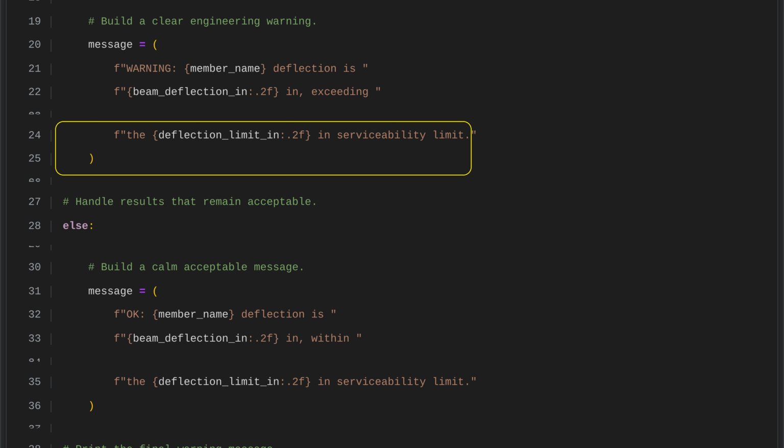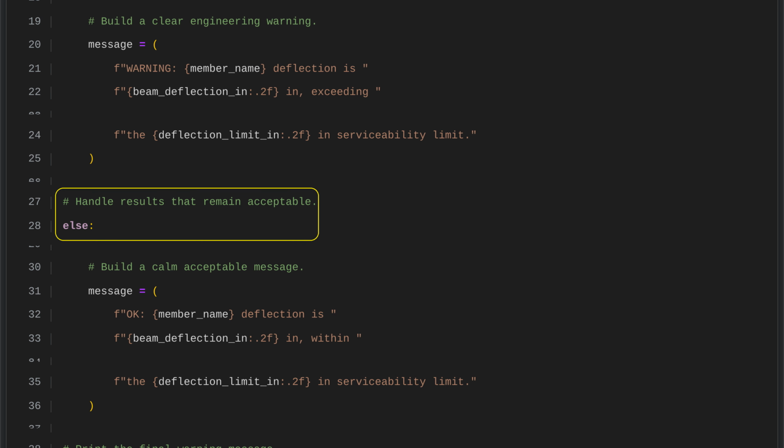The code adds the deflection limit in inches to a status message and formats the value to 2 decimal places for clarity. This message is used with either a warning or an acceptable result, depending on whether the actual deflection exceeds the serviceability limit. This section handles the case where the beam's deflection is acceptable. When the earlier condition is not met, the program creates a message saying the beam is within the serviceability limit. The message includes the beam name, the measured deflection, and the allowed limit to clearly confirm that the result is